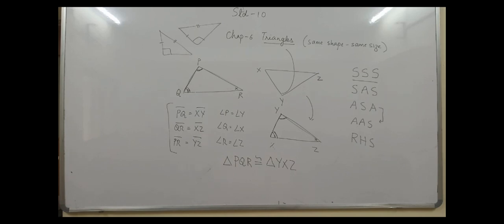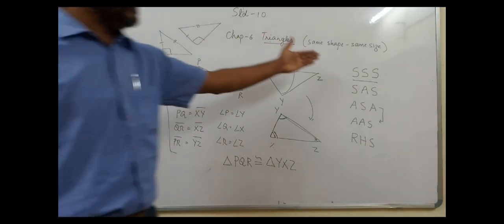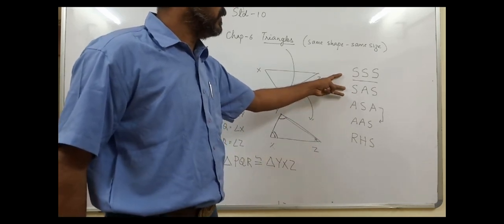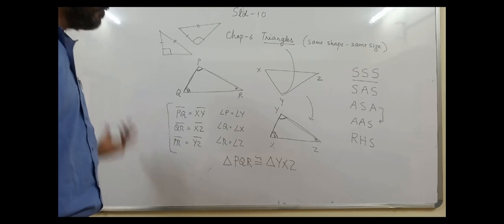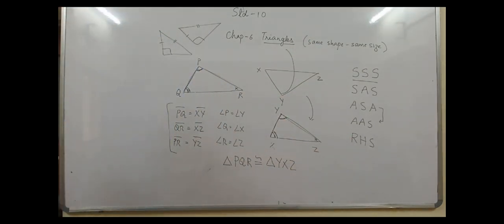Again, in congruency there are actually 6 conditions, but there is a postulate and some theorems which say if these given 3 conditions are congruent, the remaining conditions will also follow and the triangles will be congruent. So this is basically a small revision of standard 9. If you want, you can go through it once again or revise a little bit, because now I'm going to start with the 10th standard. So what is the difference in the 10th standard?